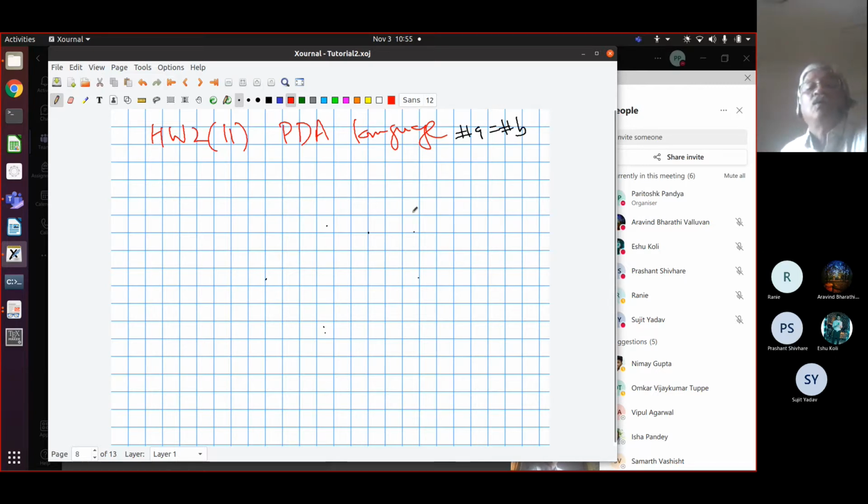Okay. I have got a language, the alphabet is A, B, and the number of A's should be equal to the number of B's. So you know words like AABB as well as AB are both in the language. And I want a push down automaton which recognizes this. So shall we solve that?